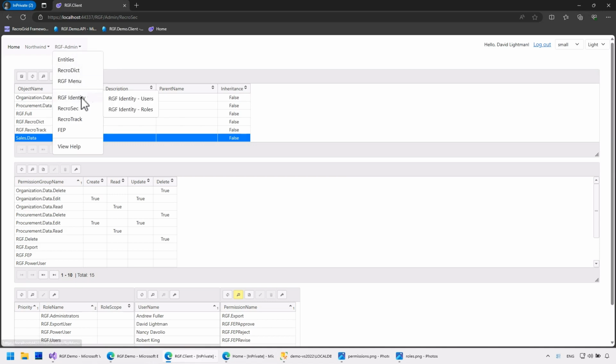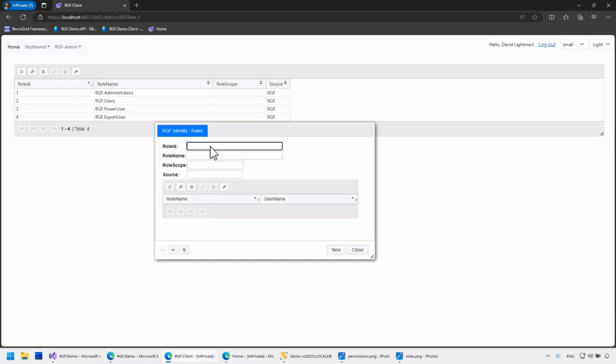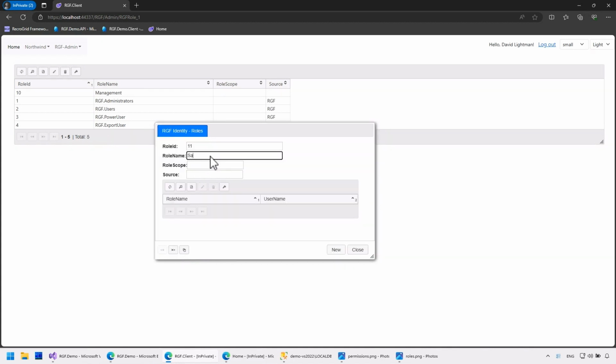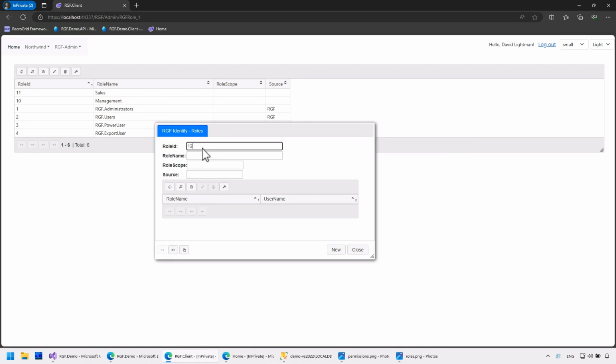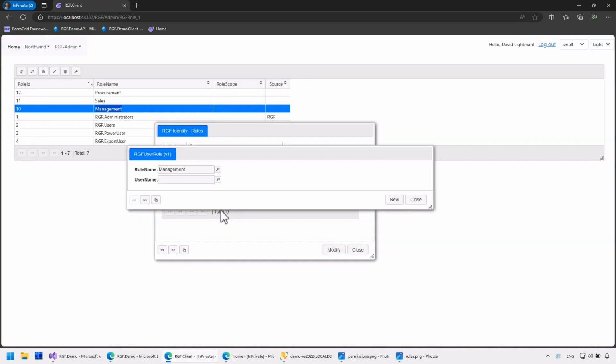Now I'll create the roles in RGF Identity. Management, Sales, Procurement. Now I'll assign the roles to the users.